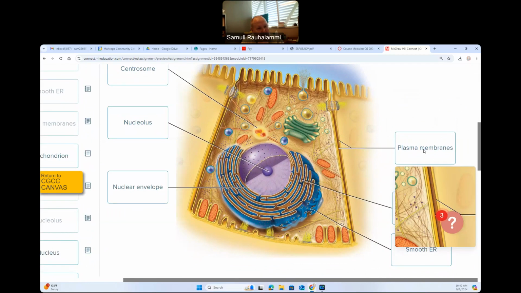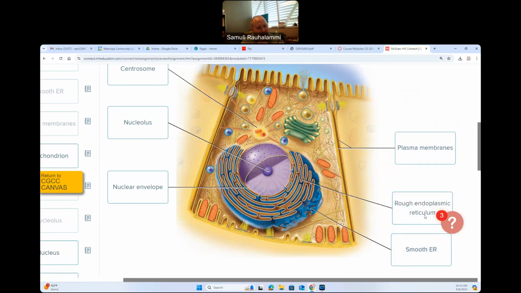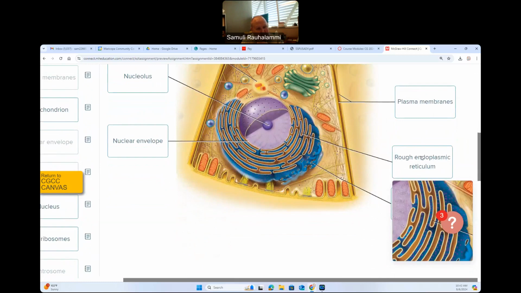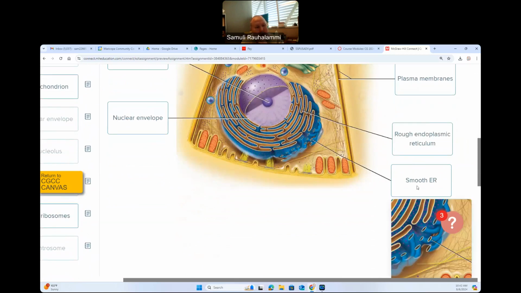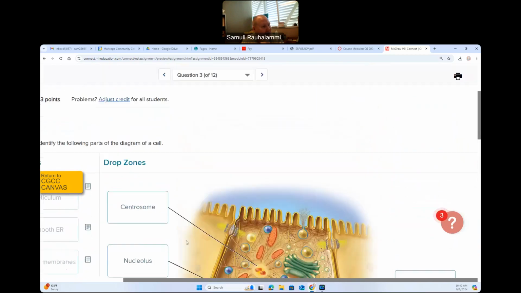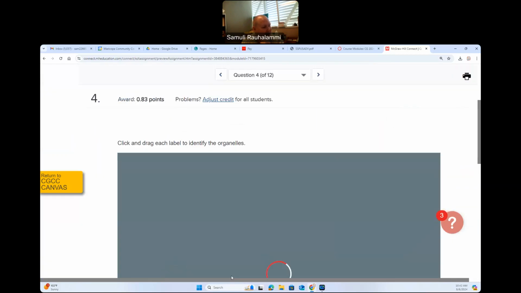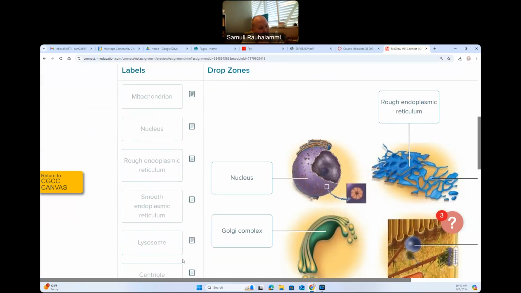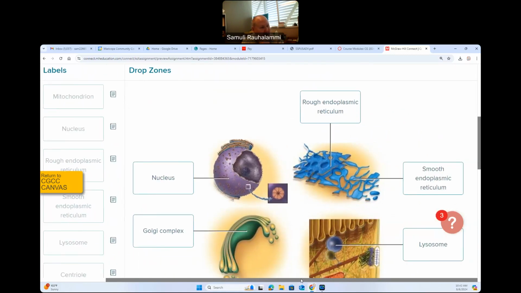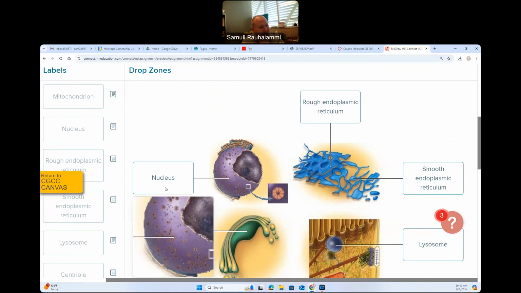We're seeing also the plasma membrane of these animal cells, and we're seeing both rough endoplasmic reticulum, which was called rough because there were ribosomes on the surface, and then smooth endoplasmic reticulum because there are no ribosomes on the surface. So a bunch of things there for us to have a look at. We could continue that. I have a slightly different way here of representing those cell organelles. We're seeing our good old friend nucleolus.